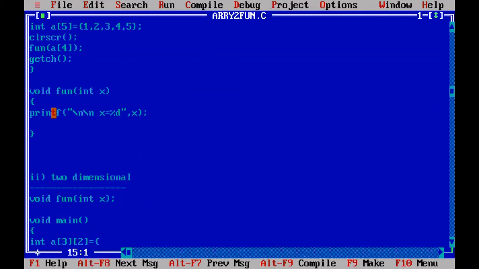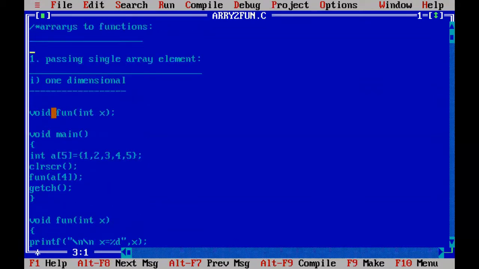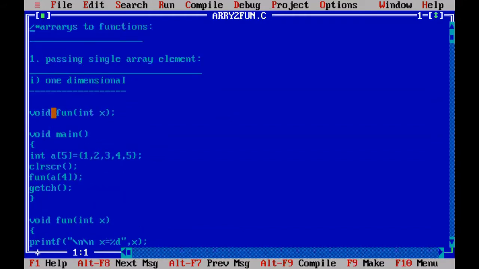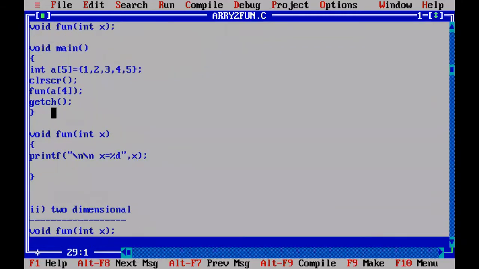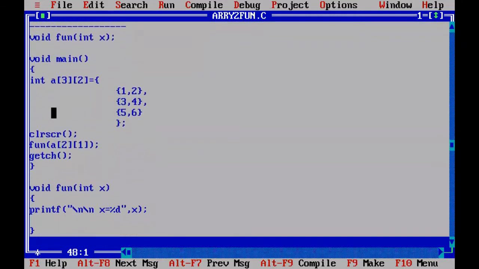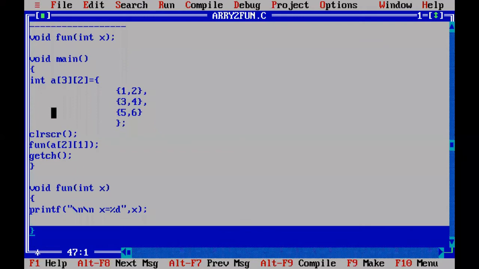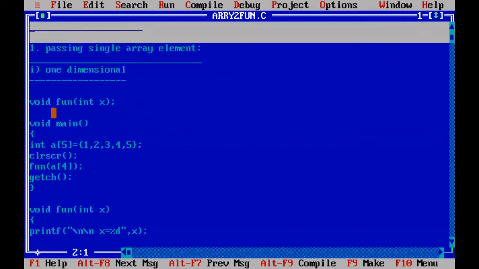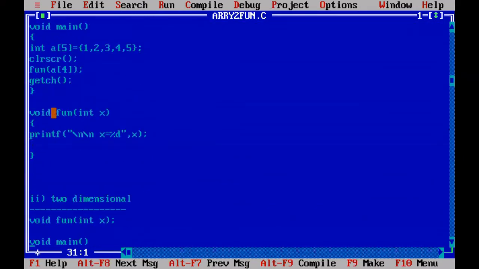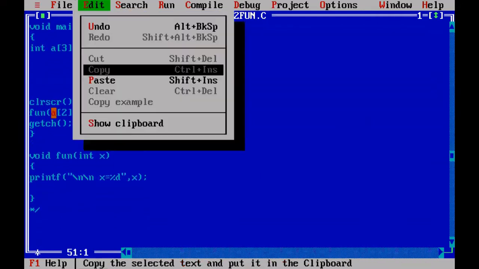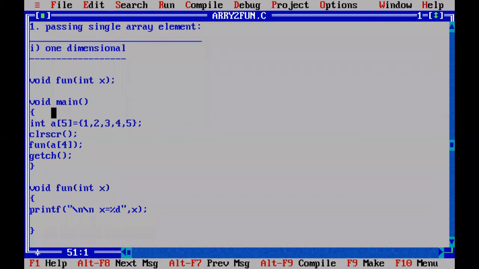For that I am copying the same function, same thing I am going to copy. You copy from here, up to here you can copy. Go to edit menu, copy, deselect everything, come here, go to edit menu and paste.